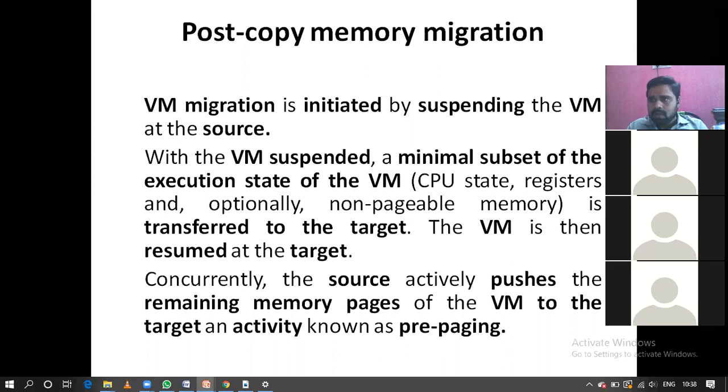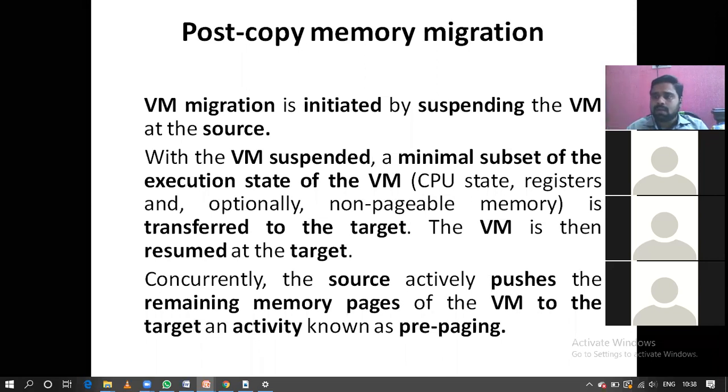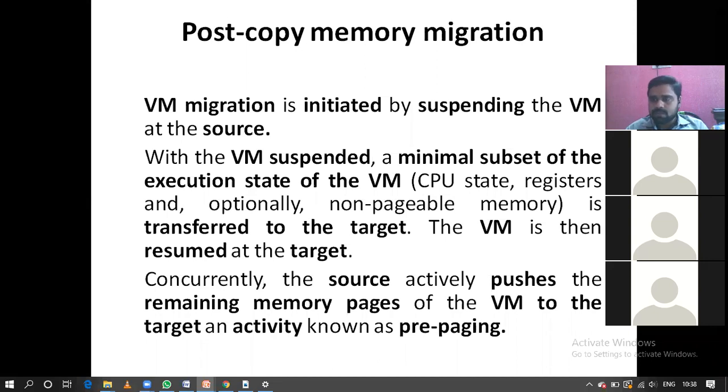I will resume the execution on the target side. Meanwhile, while it is executing, I move the remaining part from the source to the destination.